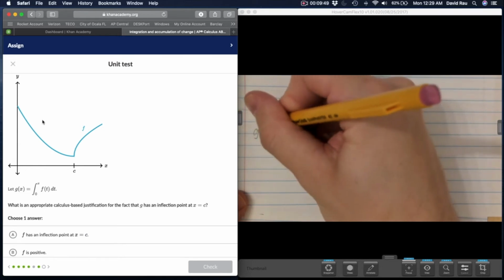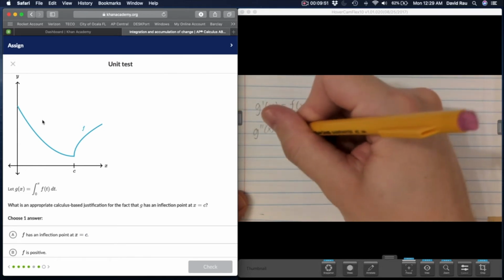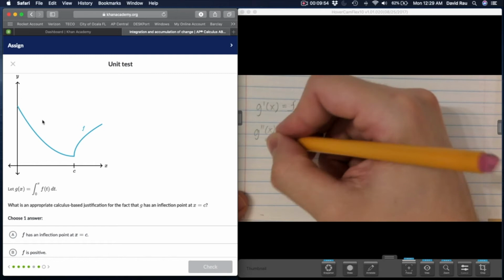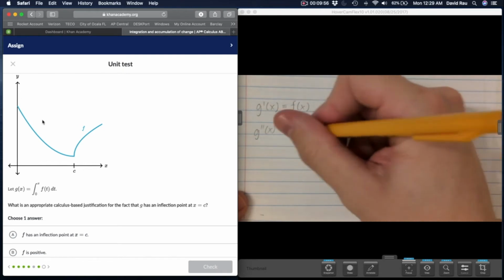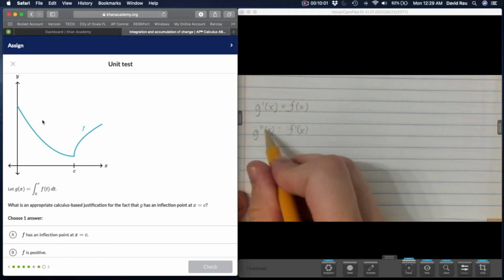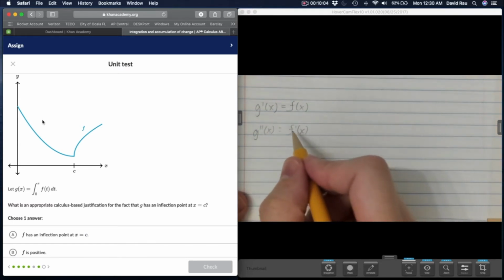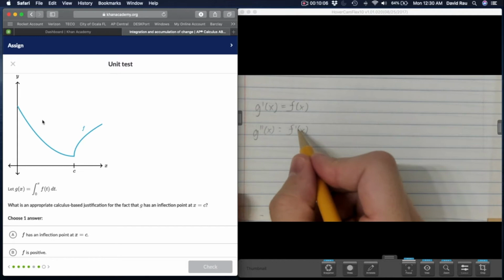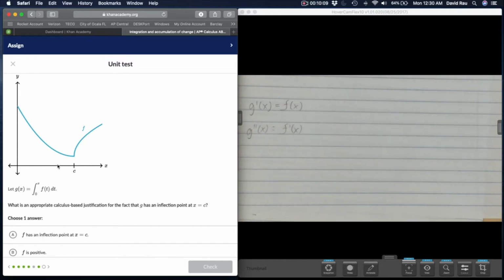And then if we want g's second derivative, well, what did we do here on the left? We just derived g. So how am I going to go from here to here? Well, I'm just going to derive f. So if I want to know what's happening with g's second derivative, then I really need to know what's happening with f's first derivative. And so here is the graph of f. Its first derivative is the slope, and if you look at this, the slope is going from decreasing